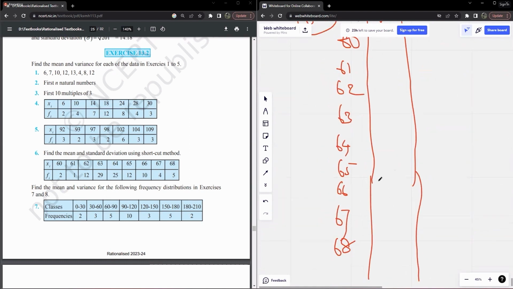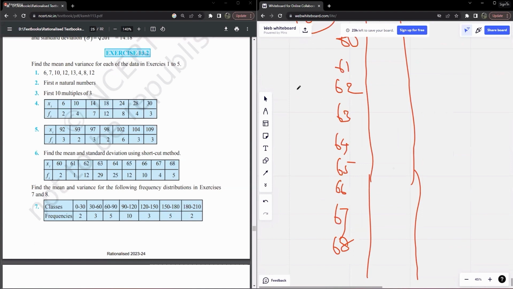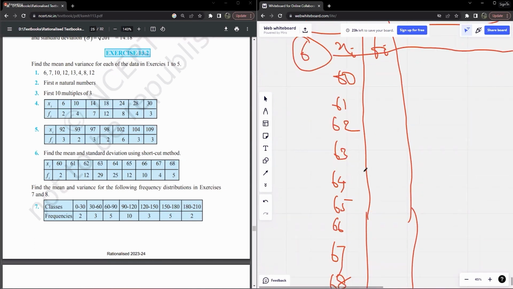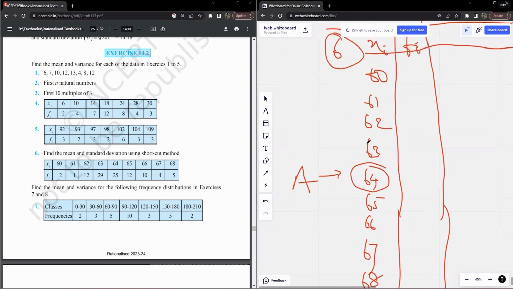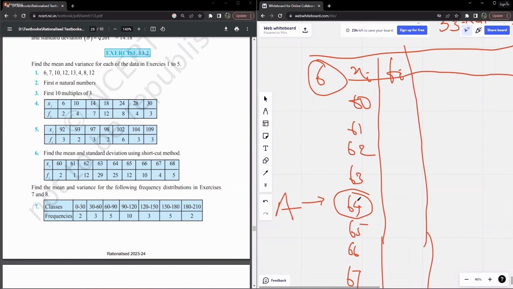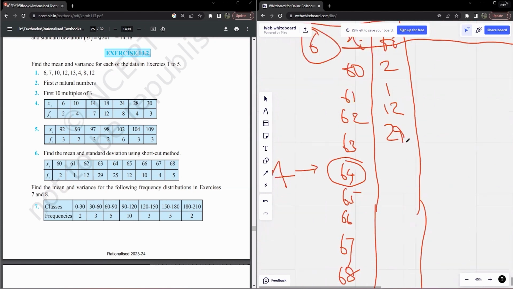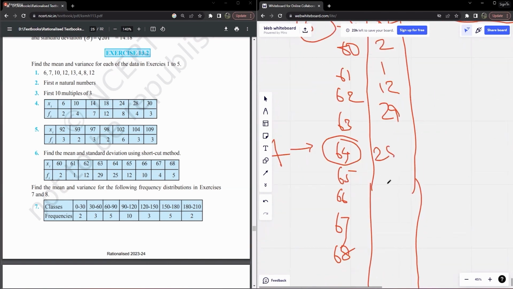Right? 9 pieces of data that I'm going to have. This is the assumed mean a, because for the shortcut we have to assume. Given that the frequencies are 2, 1, 12, 29, then 25, 12, 10,